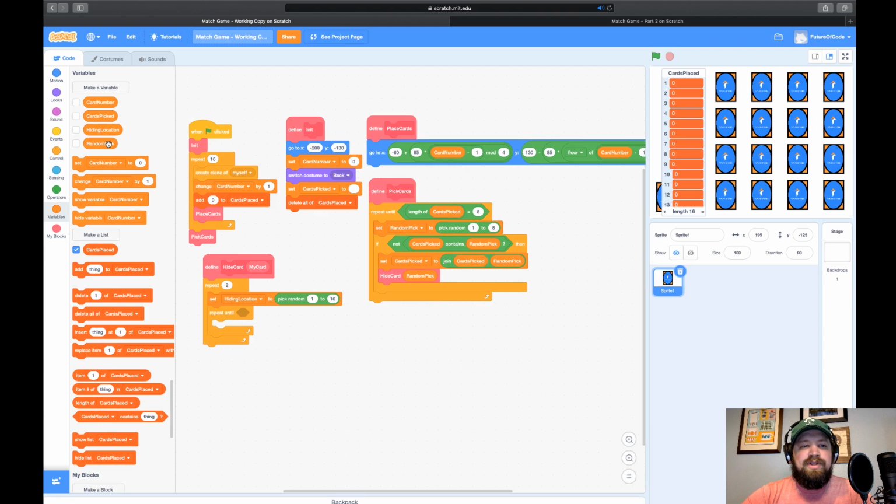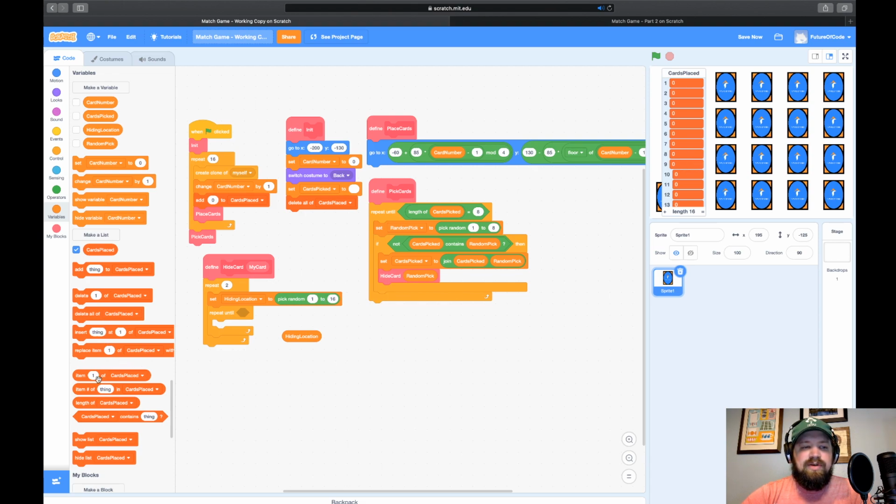So let's go to variables and let's grab hiding location. We know the number of the hiding location, but we need to check this list and check if that hiding location has a 0.